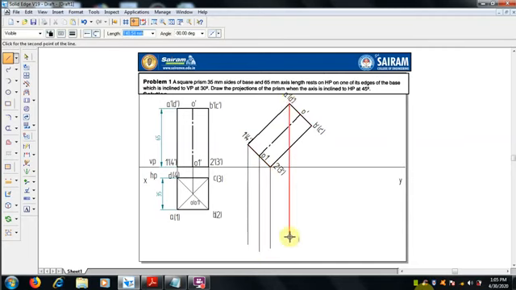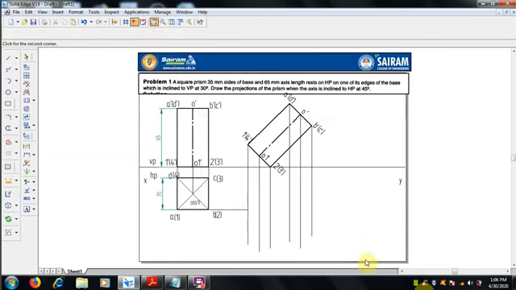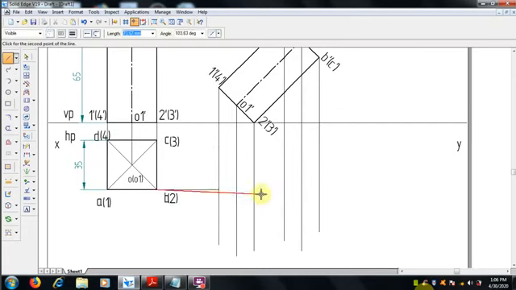Project from each corner point and the axis. Now from this top view of the initial position, let me first draw the base 1, 1, 2, where it meets the 2 dash. If it is not getting aligned, we can zoom closer, and then we can extend from 2 to 2